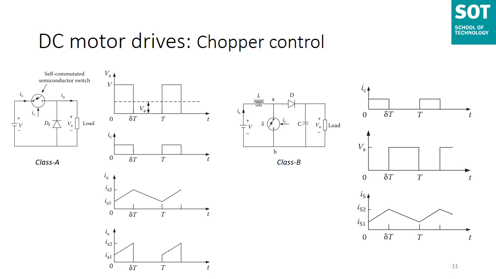That means during the on period, the source current IS increases from IS1 to IS2, thus increasing the magnitude of the energy stored in the series inductance L. When the switch is opened, current flows through the parallel combination of the load and the capacitor. Since the current is forced against the higher voltage, the rate of change of current is negative. The di by dt is negative. It decreases from IS2 to IS1, as can be seen from the graph of source current.